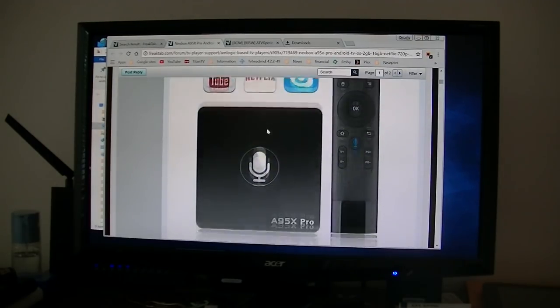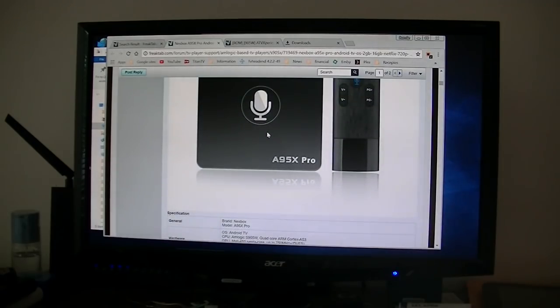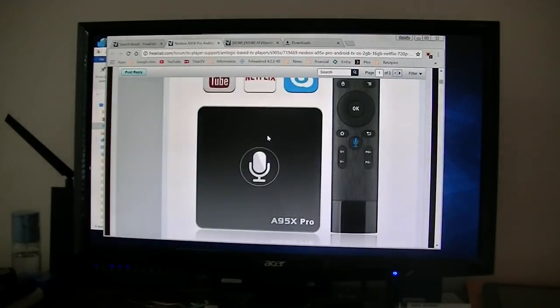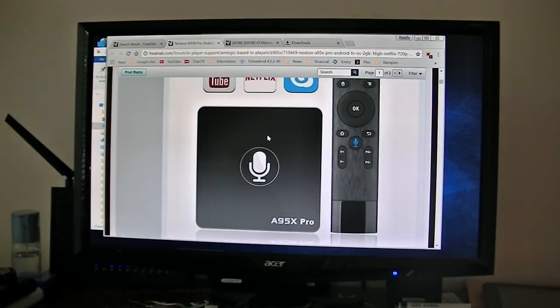Now, they don't have a firmware. The manufacturer that made this has not provided a firmware yet. So in the interim, I went ahead and added LibreELEC, actually it's CoreELEC, onto it, and I used that for a day or two. And now